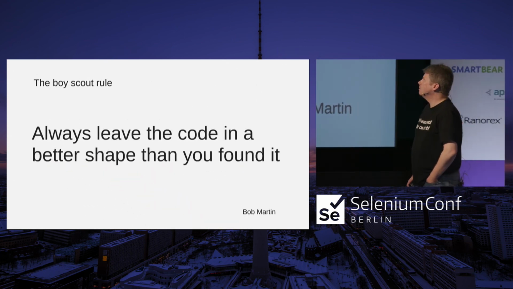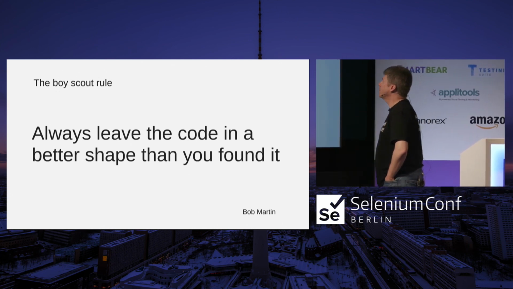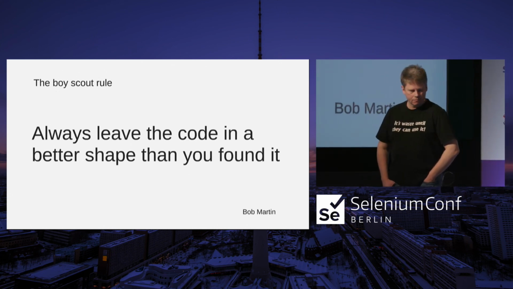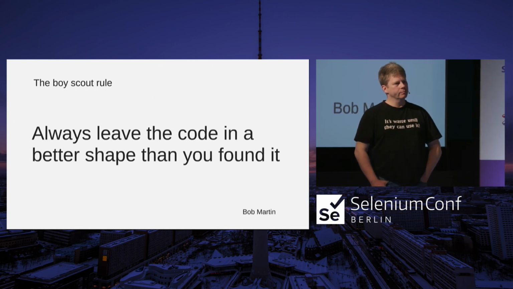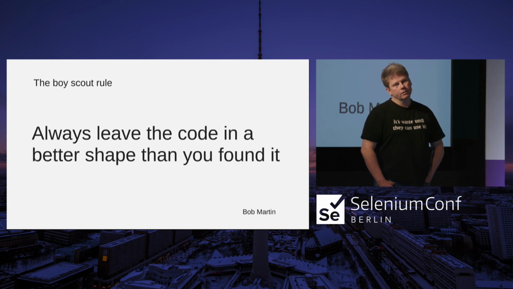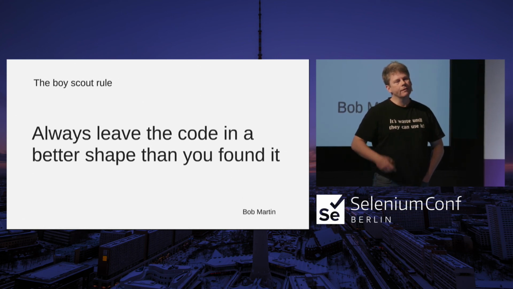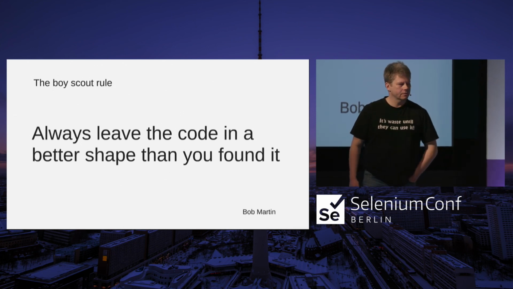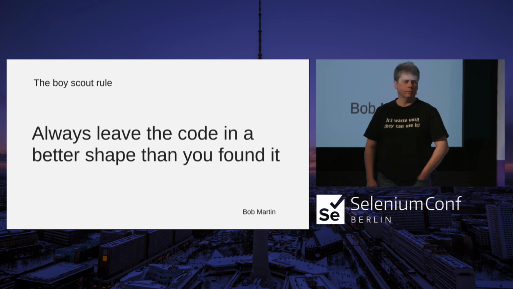Have you heard about this rule? Always leave the code in a better shape than you found it. I'm not sure I agree on Bob Martin's opinions in all cases, or actually I'm sure I don't agree. But this one, definitely, always leave the code in better state. And how do you do that? Well, if you improve the name of a variable, call it index instead of i, for example, stuff was better. And if we do this many times, in really small increments, life will be better.